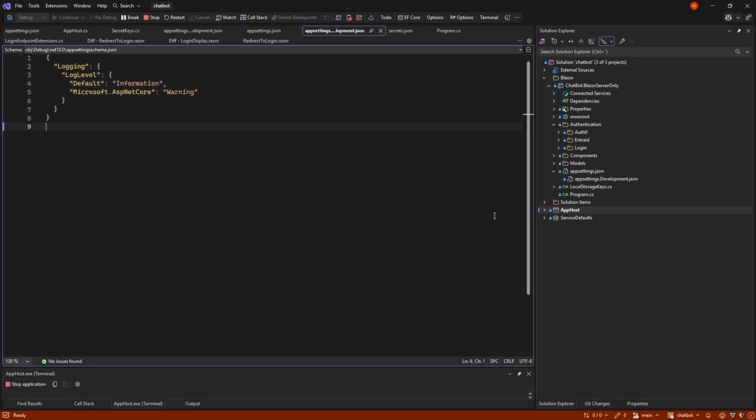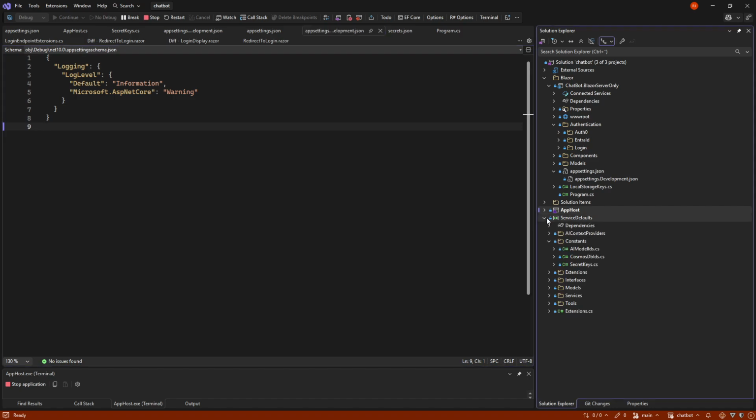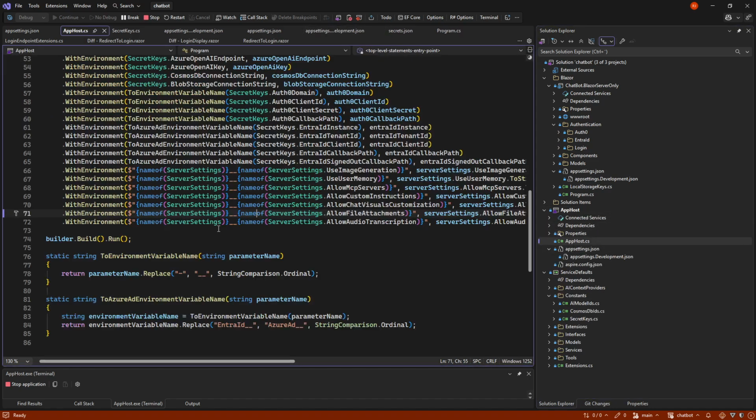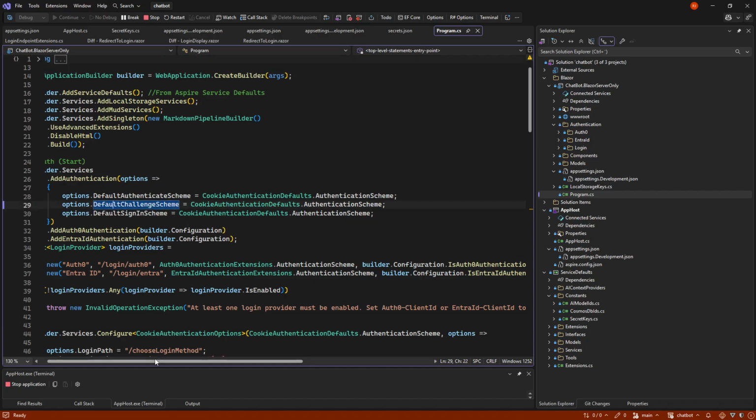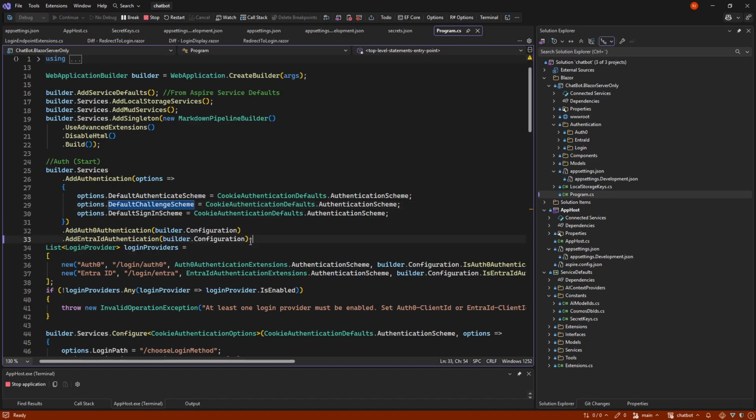We'll look a little at the code. Again, we won't go into too much of it, but in the app host, we now have a bunch of extra environments for the Auth0 and the Entra ID. Then in program, I have put in authentication, but with the 2 authenticators that we can use, and I put them up in authorization. So if you need to look at the Auth0 part, it's in this folder, and if it's the Entra, it's in this folder.